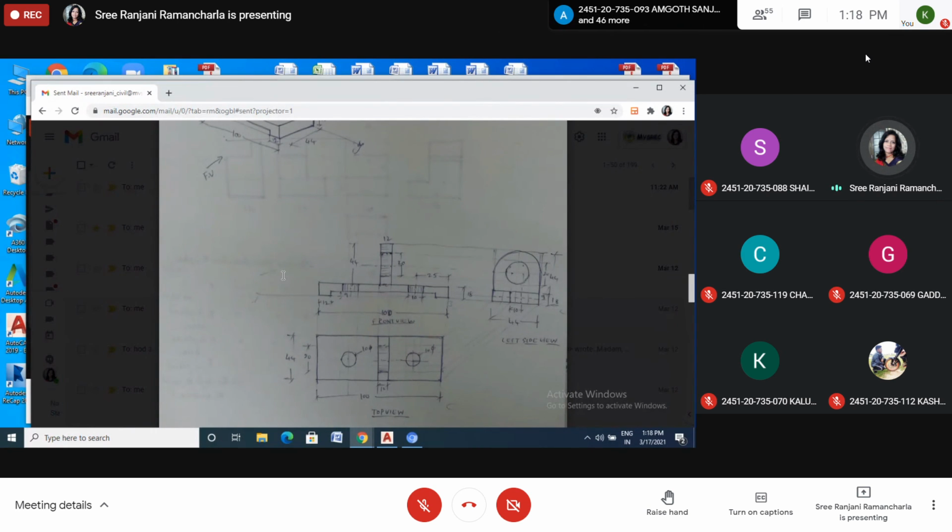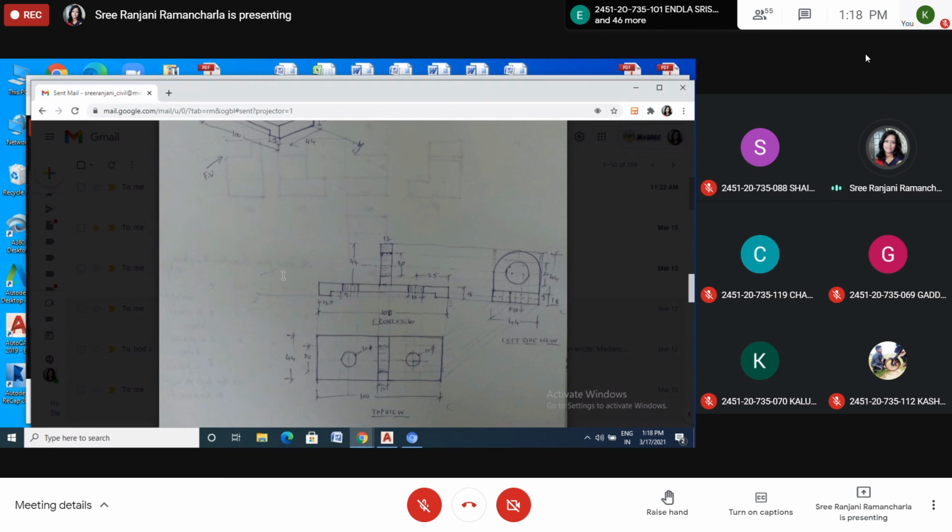Question number 1 means drawing number 1, drawing 2, drawing 3, drawing 6. So for these you have to show, including you have to draw the isometric view also. And drawing 6, I will send a link showing how to draw. In that way you have to draw.